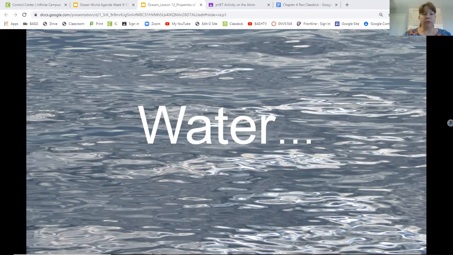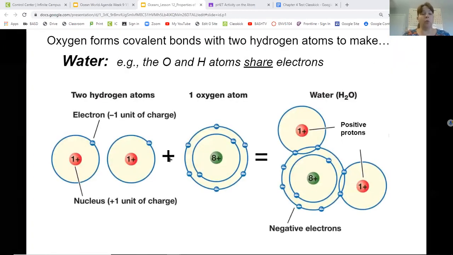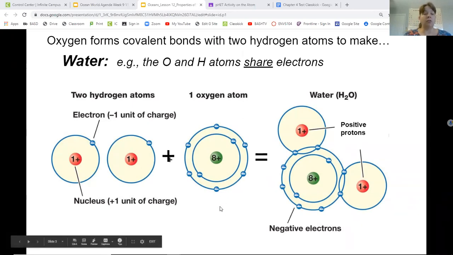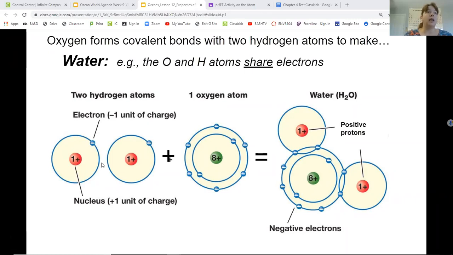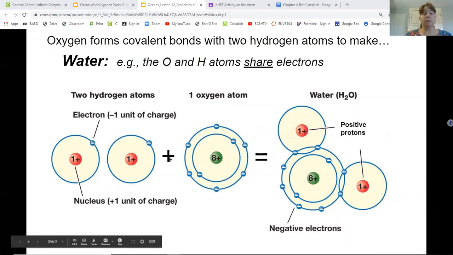All right, so first a quick review of some chemistry. So we all know that water is made of hydrogen and oxygen, and every water molecule has two hydrogens bonded to one oxygen, which is why it's H2O. The reason the two bond together is because neither hydrogen nor oxygen is what is considered stable with its current electron configuration. Each hydrogen only has one electron in its outer shell, and it needs two to be stable. And each oxygen has 6 in its outer shell, and it needs 8 to be stable. So in order to become stable,